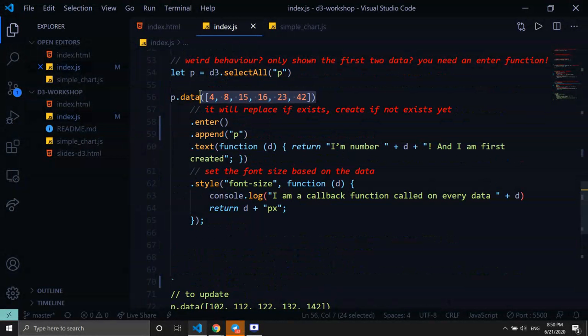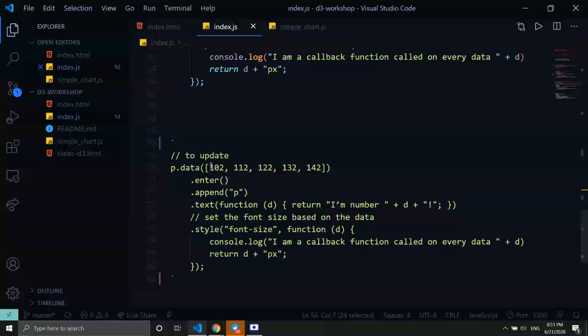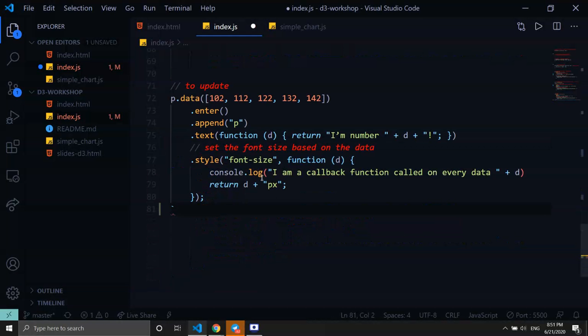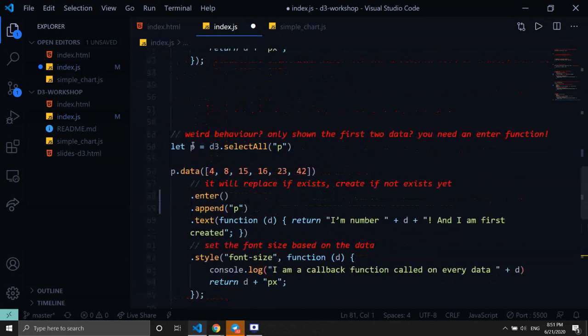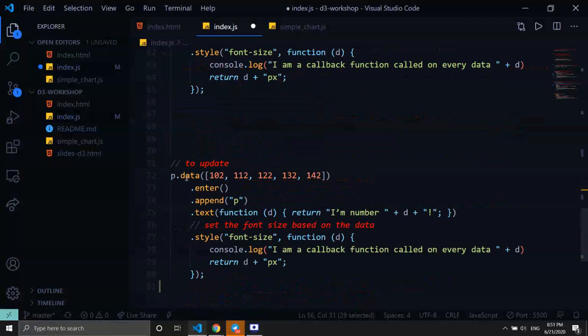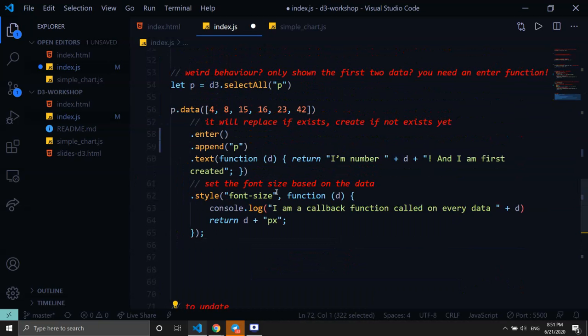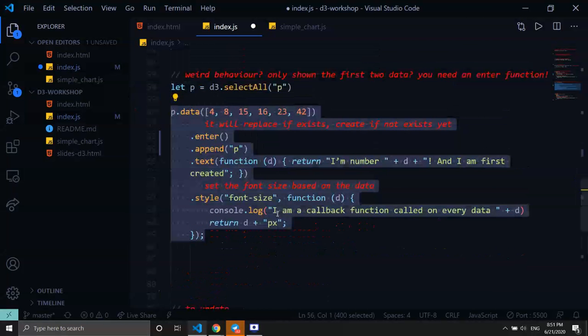We have already added this array, and maybe when the user does something, I want this data to be changed. So we can start to bind this data and update this data by simply doing this. We store all the elements that we selected, so you have the d3.selectAll like this, right? And then we store this array, and we call this data function again to override the previous data. Then we enter it, we append it, exactly the same function as this, just copy and paste essentially,